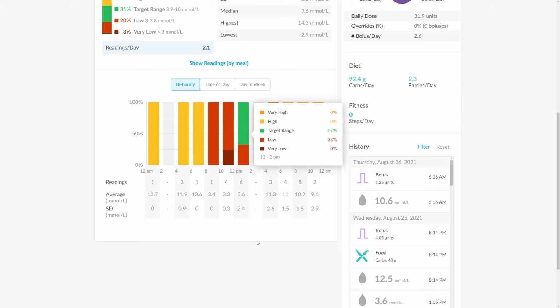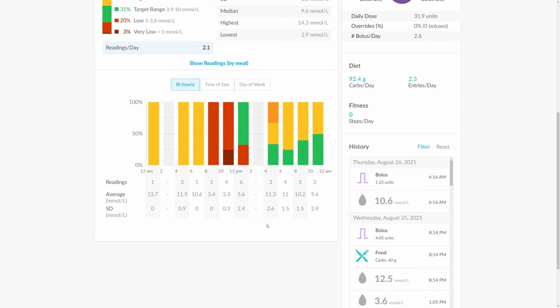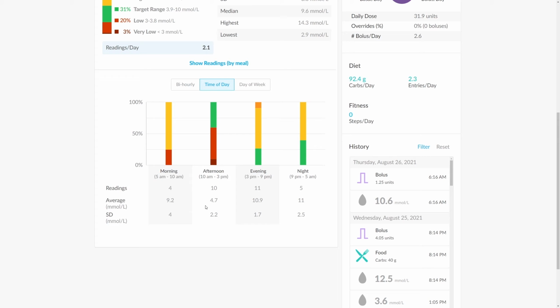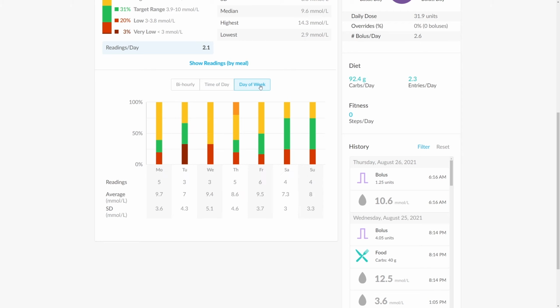so we can see the time of day that the person has the best control and perhaps areas where they require more support. And we can switch that over to time of day to actually see, again, if there's areas of the day that they're maybe struggling with control. We can see the number of readings and averages and how much variation there is within each of these time blocks. Alternatively, we can go to days of the week and see if there's days of the week where there is perhaps better control,